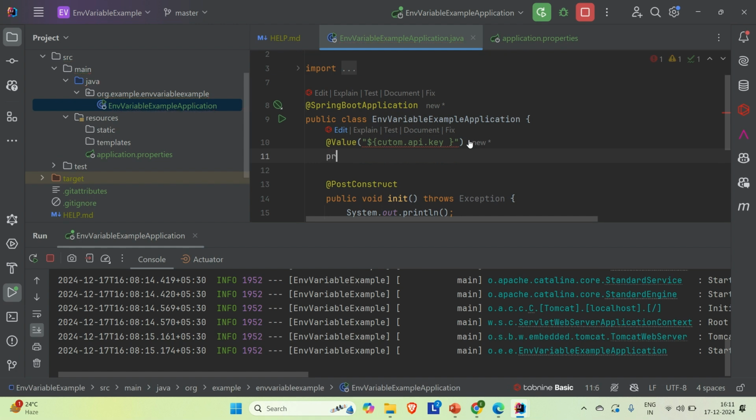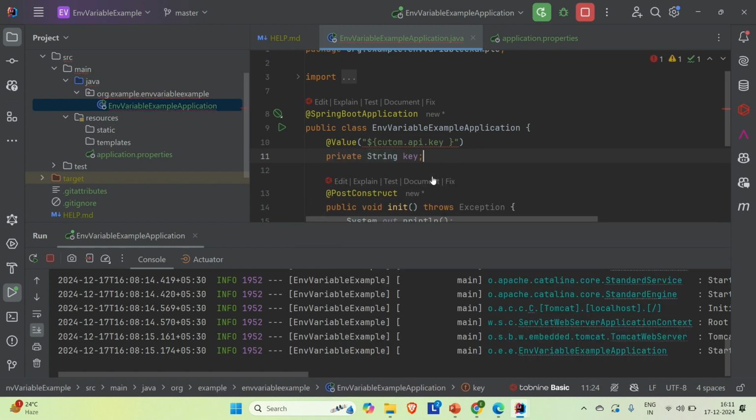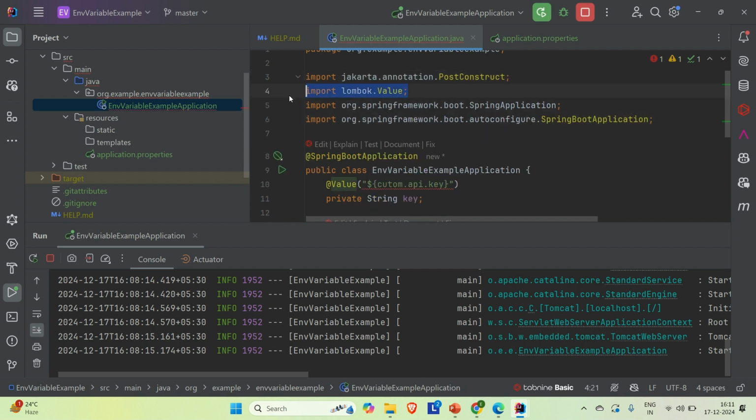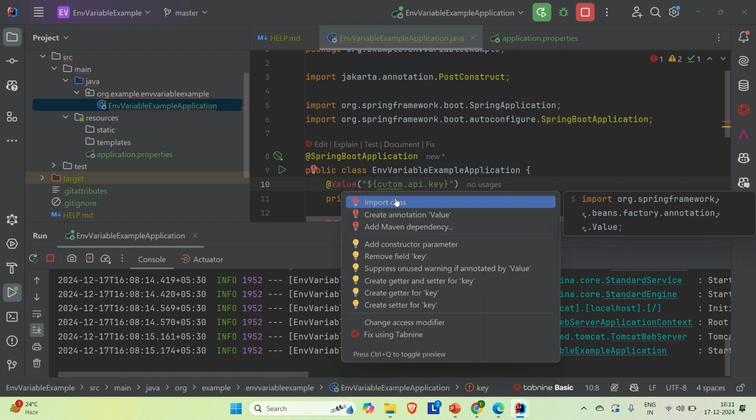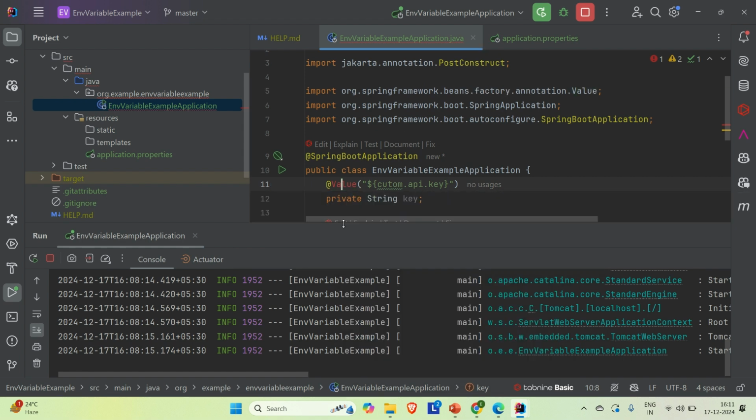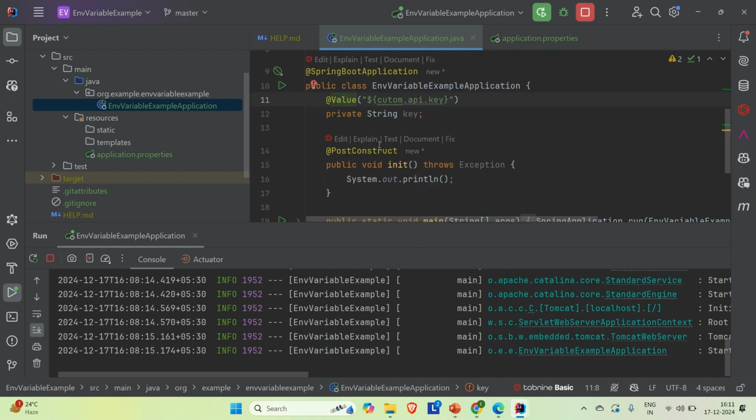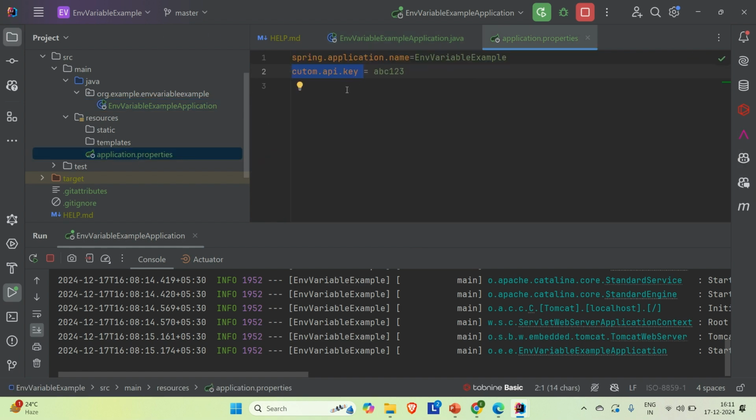Now, okay, we are making some mistake. We are using this from Lombok. This is not the one, just import it from the Spring, and we are good. So what we are doing is we are fetching the value of this key inside this class